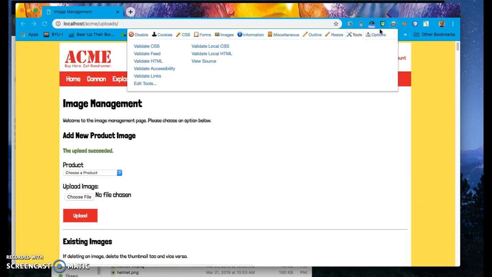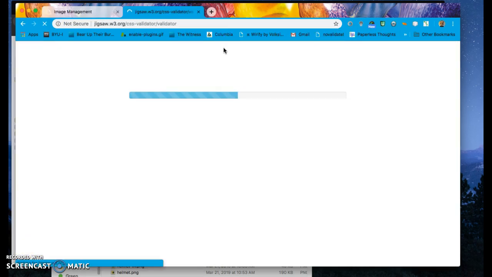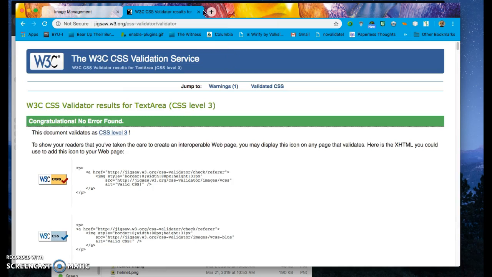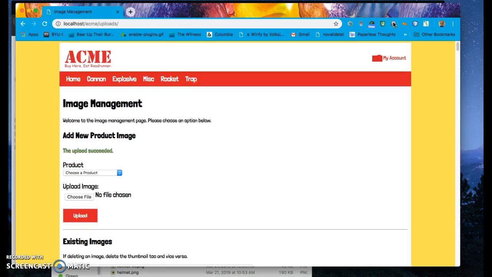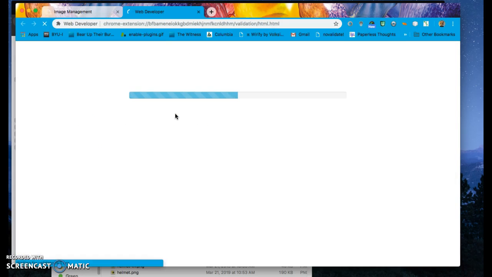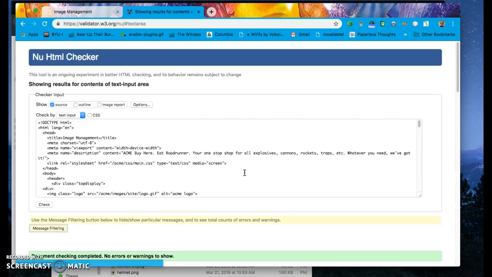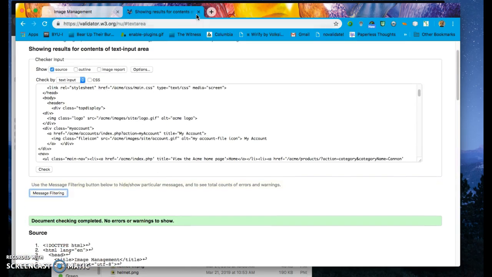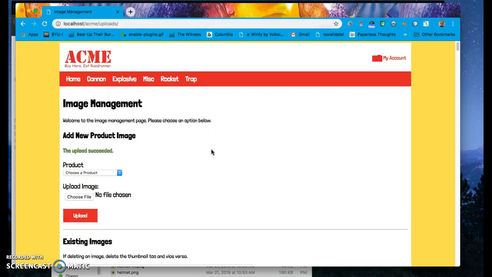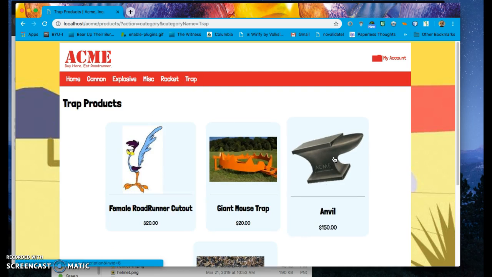And I'm just going to validate CSS, and it is valid, and then validate HTML to show that it's valid, and then I'm just going to go to where the anvil is